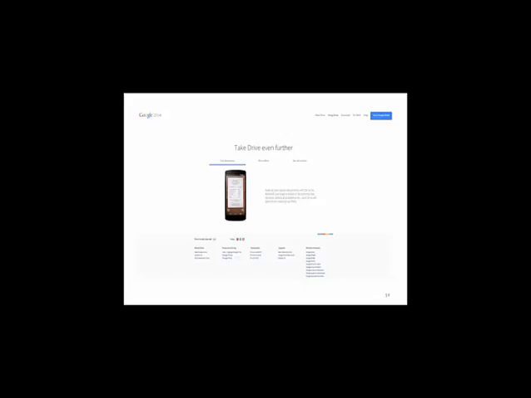One of the nice things about Google is if you are using a smartphone, you can take a picture using a Google Drive app. Let's say here they're showing an example of a receipt, but if you were to take a picture of a faceplate of a book that you just researched or something and you want to take pictures out of the book, then you can upload directly into Google Drive.